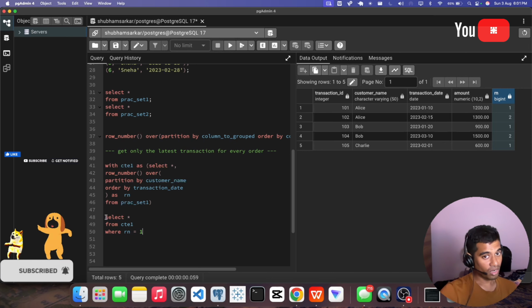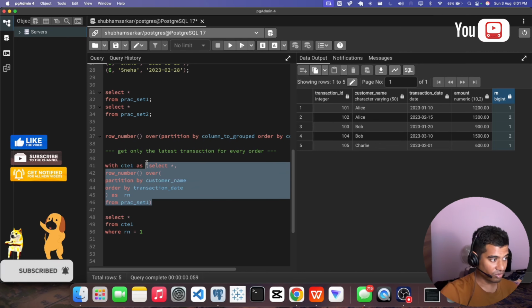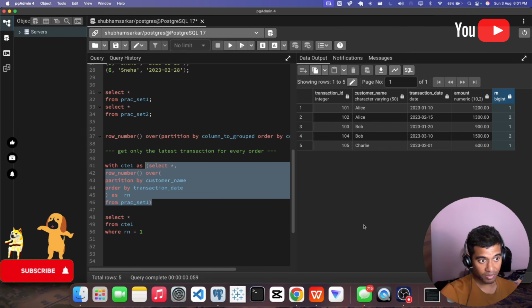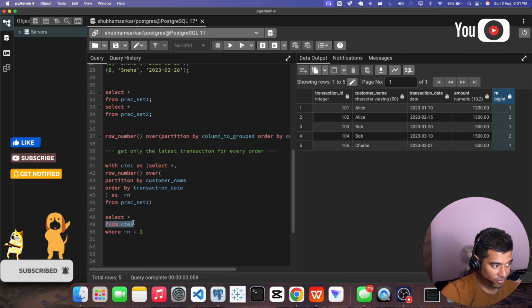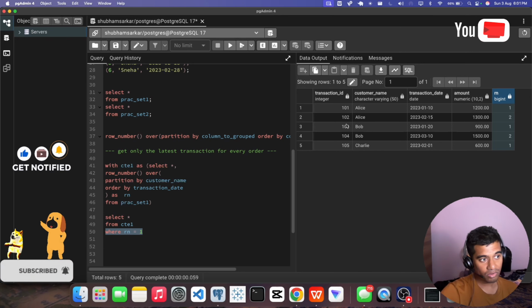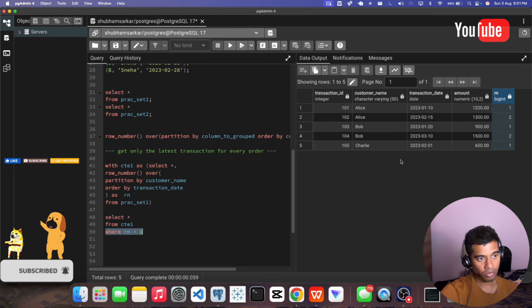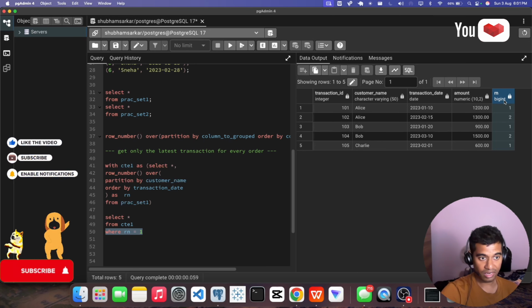That's it. So how it will execute: from CTE1, SQL will go into the CTE1 table, where we have Rn right now, and it will see where Rn equal to 1. It will go column by column: transaction id no, customer name no, transaction date no, amount no, Rn okay.